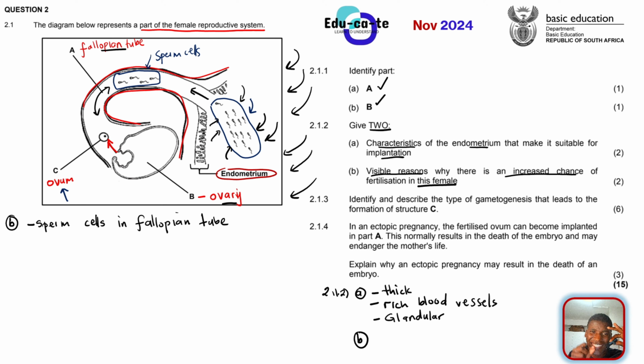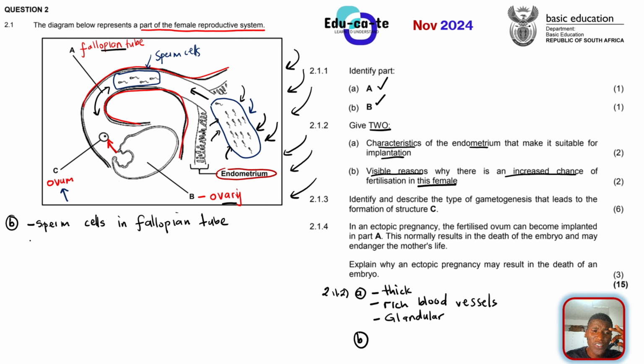Something that you can see that increases the chances of fertilization. Basically, if there are millions of sperm cells like this, there's only one ovum. There is no way that this ovum cannot be fertilized. One of them has to win the battle. All right. So the sperm cells, they're in the fallopian tube, or you can say that we've got many sperm cells around. So you are talking about something that you can see. Remember, it is something visible from the diagram. It's not something that you are thinking with your mind.